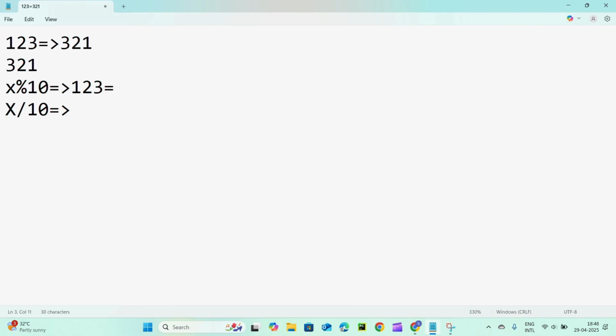What does it give? 3 it will give, because 123 by 10, the quotient is 12 and the remainder is 3. So if we take it here, 12, because we are taking integers, we don't get 12.3. We are considering only the quotient, so you will get 12. Okay, I guess you got the